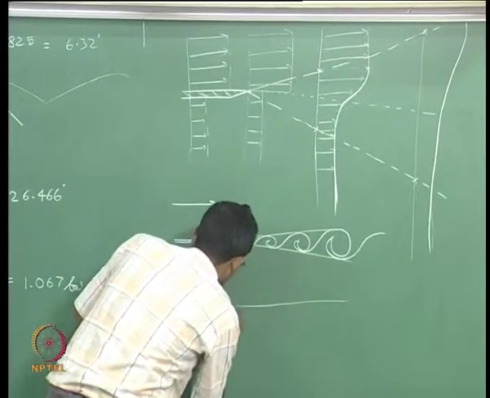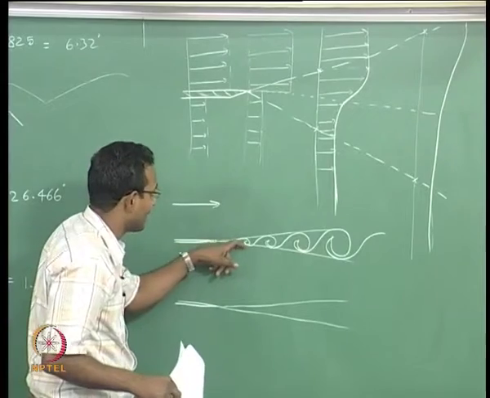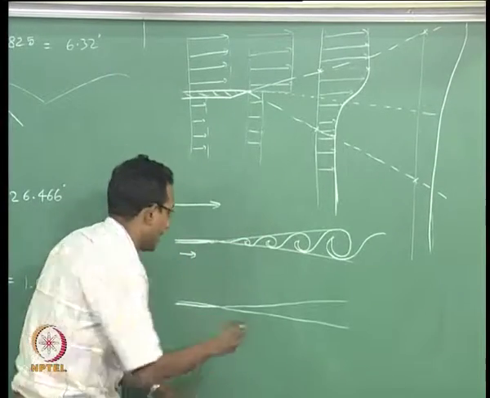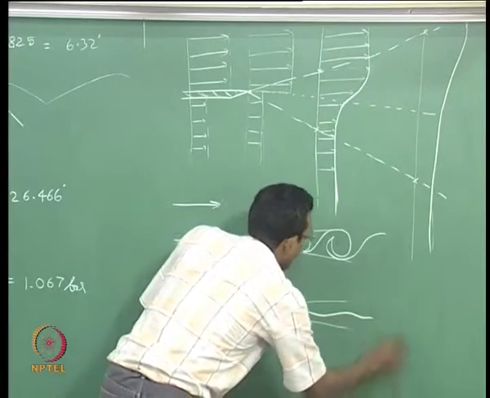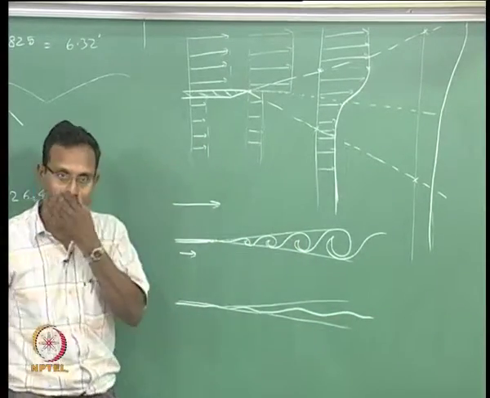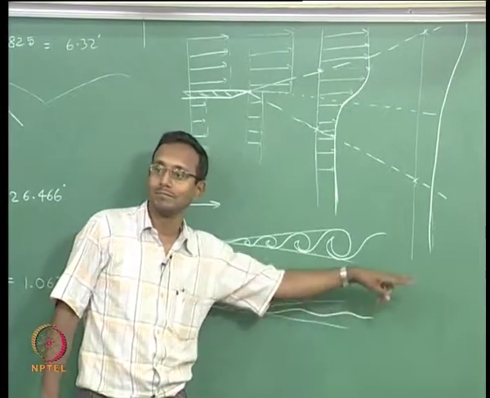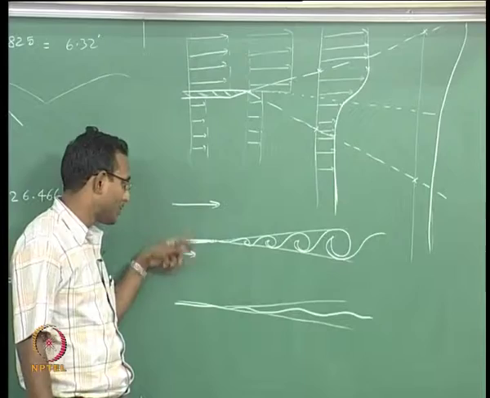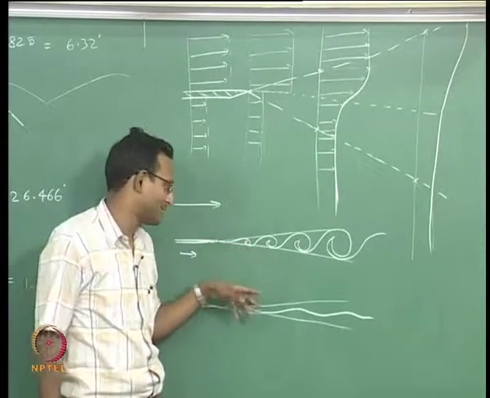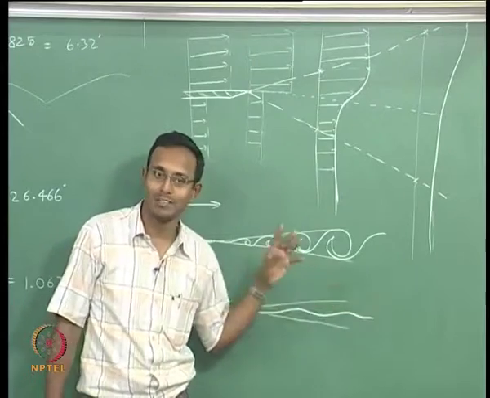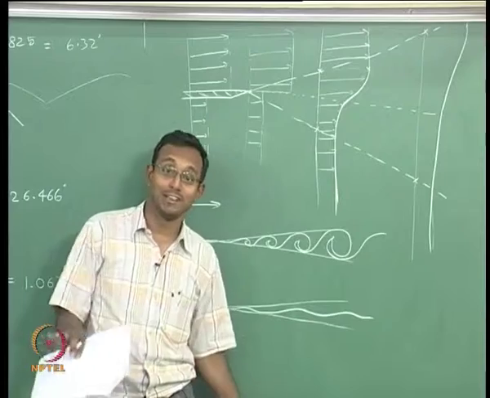If the velocity difference is not too high, then I will draw another picture. It will still grow like this, but if I look at that particular center line I have drawn, it will just be something like this. It will just oscillate. It hasn't rolled up yet. It is just beginning to become unstable. If they are almost close to each other, with not much shear layer there, the shear layer growth will also be really small and all that will go much slower. I just talked about simple shear layers right now.